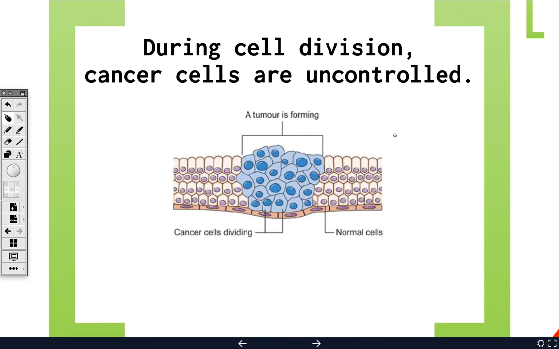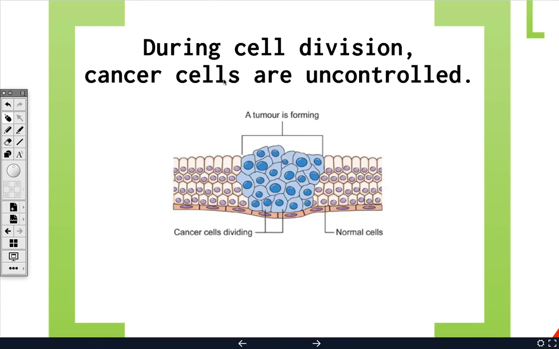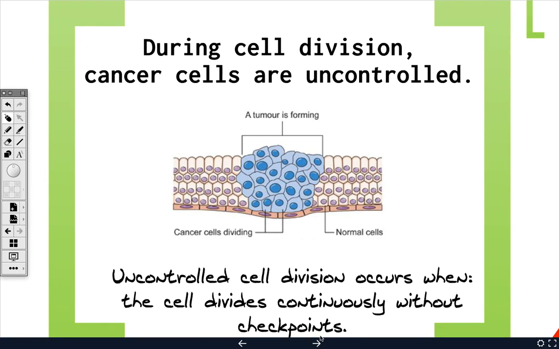Now, there are some things that can happen, and a lot of you, I'm sure, have had family members with cancer, and it's a very, very sad, bad thing as well. But during cell division, cancer cells form when they are uncontrolled. And so cells just begin replicating and making more of themselves, and then a tumor begins forming. And when I say that they're uncontrolled,